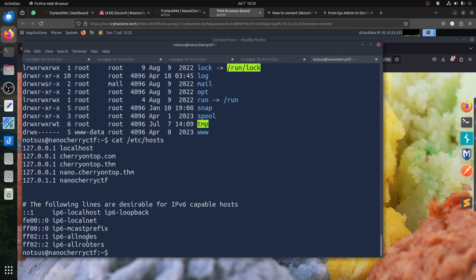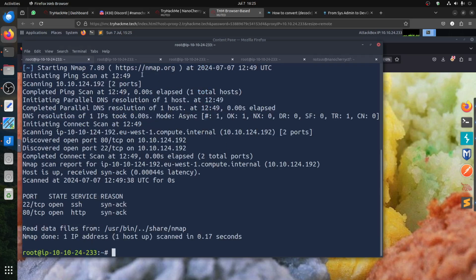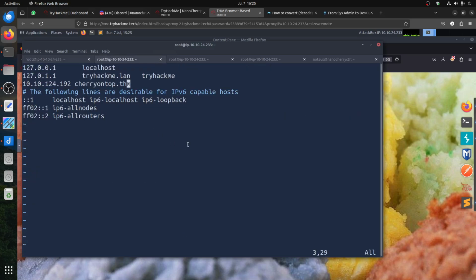So let's do that. If I do cat, first of all, what you see is another domain here, which is interesting, and it's in the localhost. So we have this cherrytop.com and TryHackMe. So you think, what happened to this? We can add them to here and try to see what's going on. So if I come to my computer now, I can just add this one. And we also notice another one, it said .com. So if I go .com,